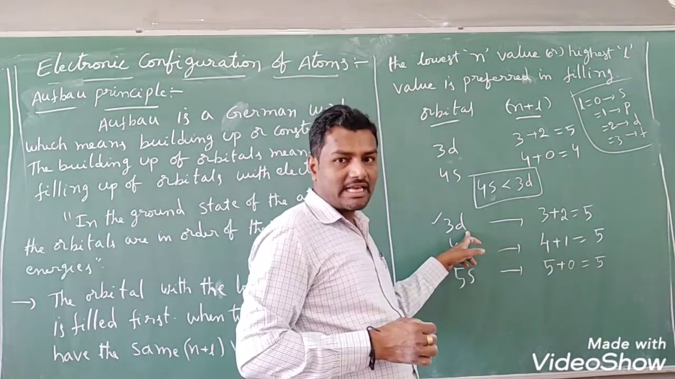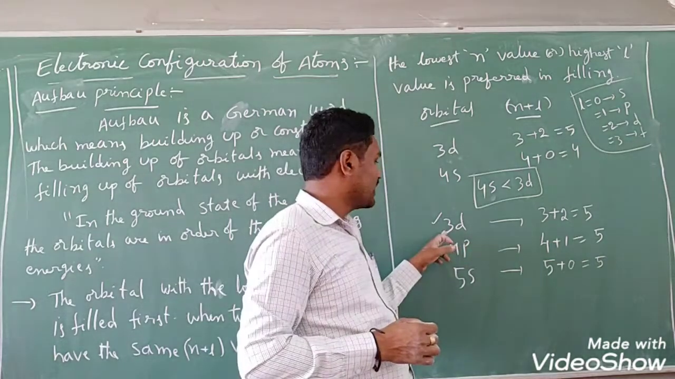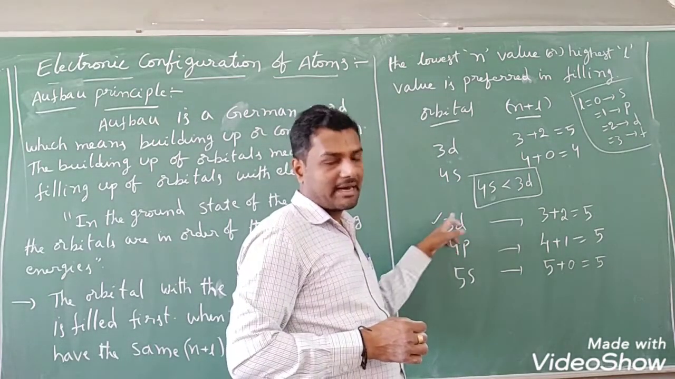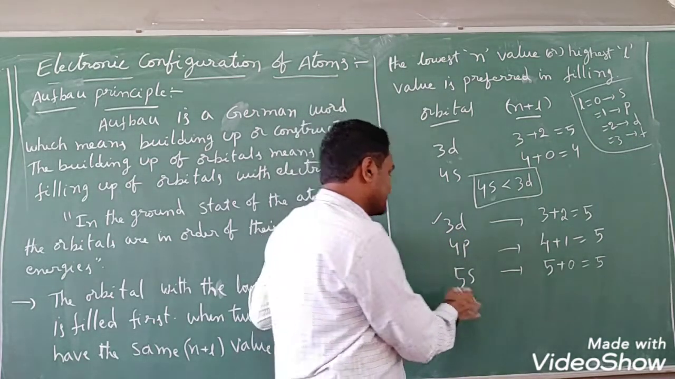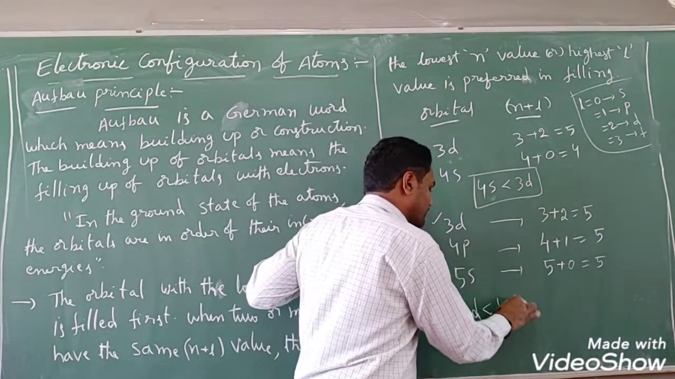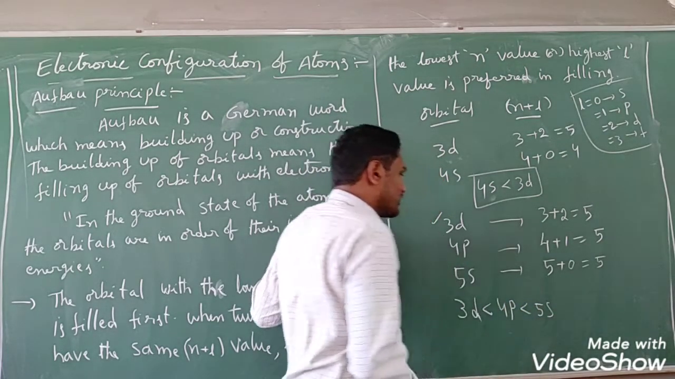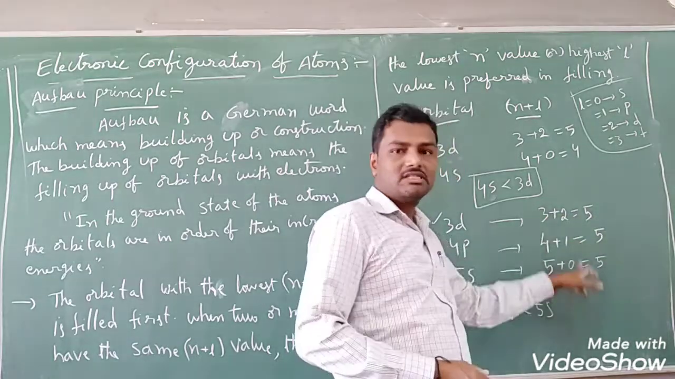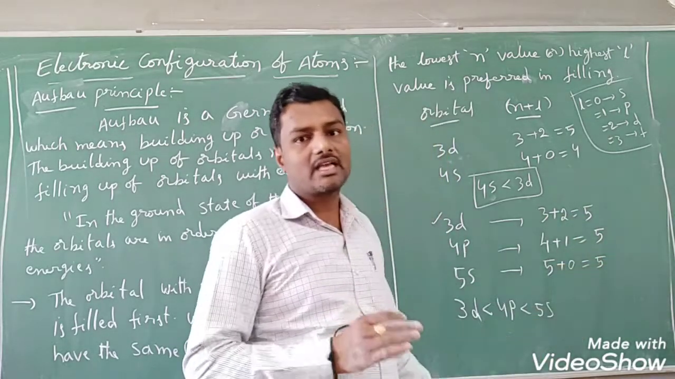L value is more in case of 3d, and n value is very less in case of 3d compared to the remaining 3. So first, the lowest in energy is 3d, students. Next 4p, next 5s. In case of n plus l value being the same, in such cases we should observe